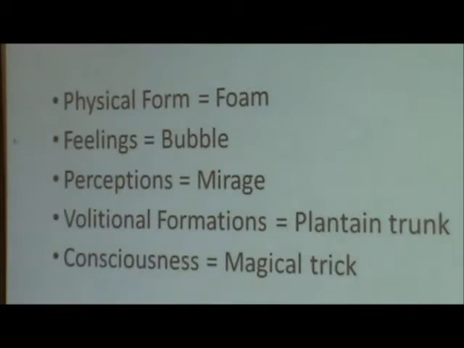It's like our imposing of categories, our concepts, to capture and recognize and conceptualize what we see. So it's giving you a sense of not real, so to speak, but it's there. Because volitional formations is similarly like planting a trunk. But what do you understand by planting? Do you understand planting a banana tree?